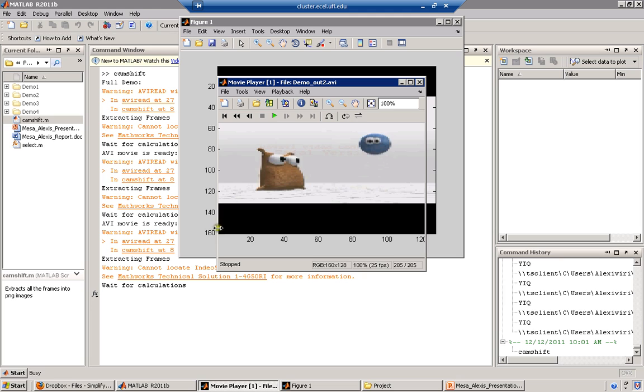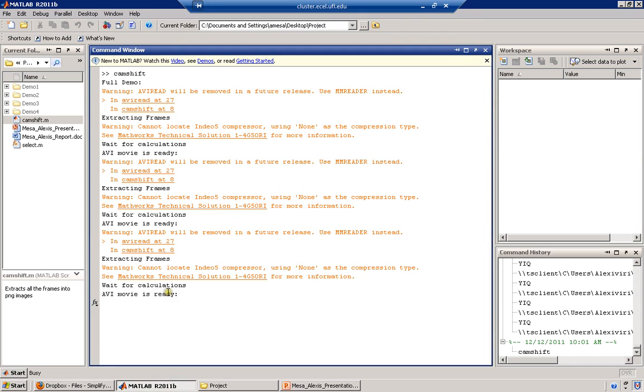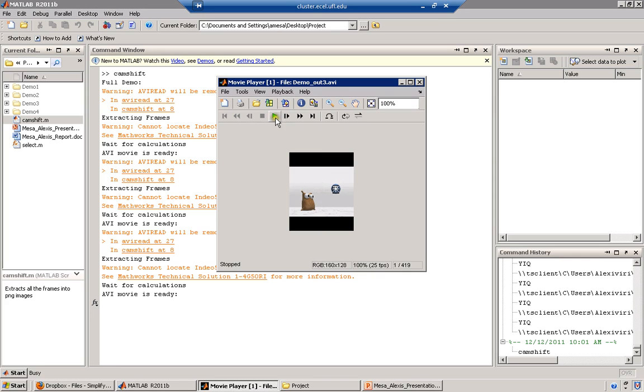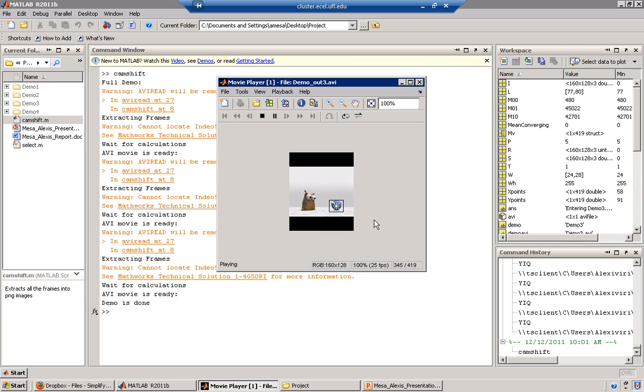Now this takes a little bit longer because this video is about 30 seconds long. So here it is. You see how the window follows the tracking cursor? Now for some reason it didn't